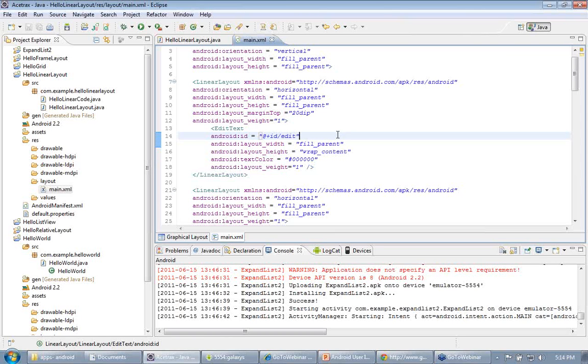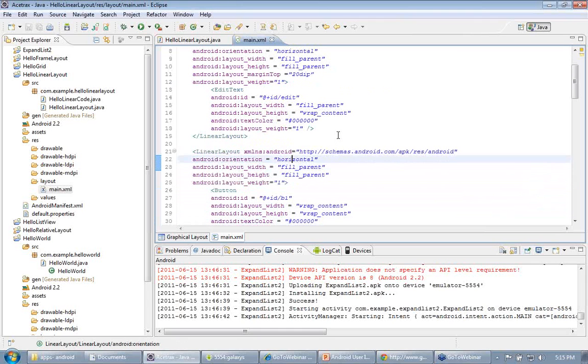The idea of this ID is to call the edit text box in your program. Then we have some parameters like layout width and height. You can see that in height we have defined wrap_content, because we are defining a limited amount of space for the edit text box. Then we have text color and layout weight.